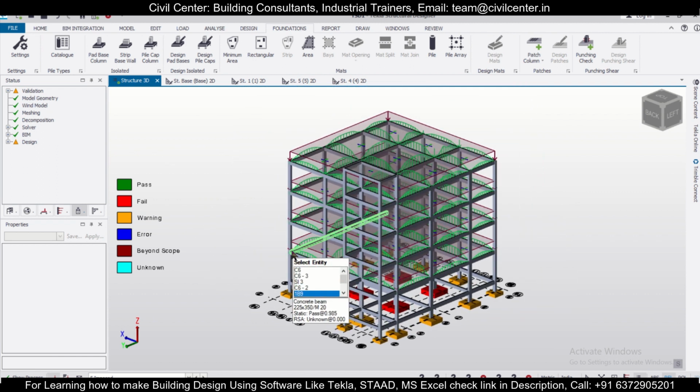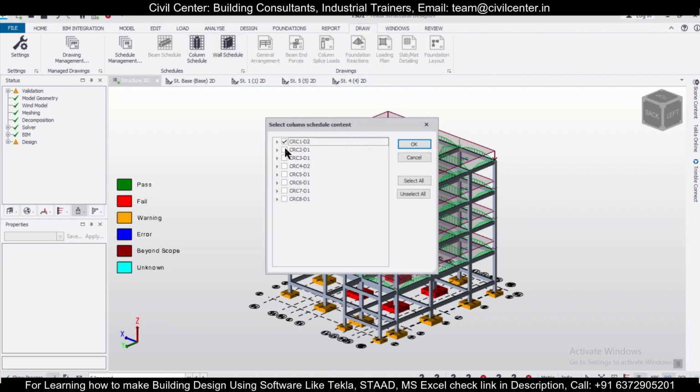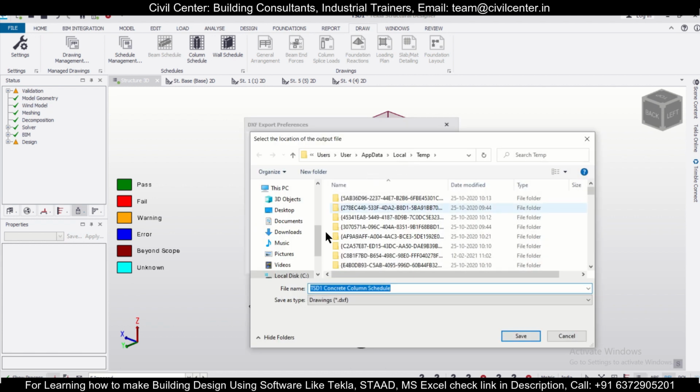So for the drawings, we'll save the drawings in a particular folder. So first of all we'll go to the drawings, and let us first take out the column schedule. We want the schedule for all the columns here, and just click on OK. And I'm going to save this in a particular file which I want, that is for taking out the drawings here,